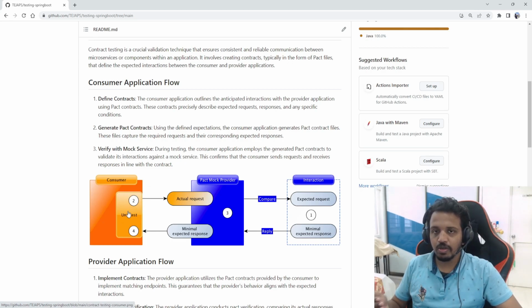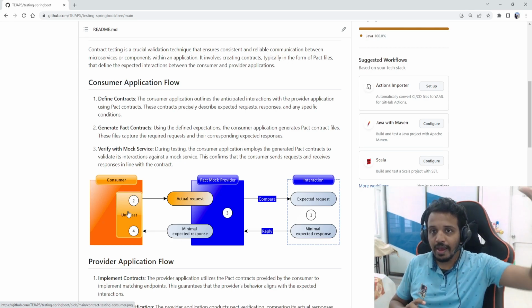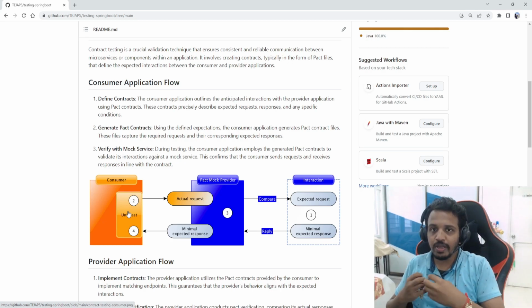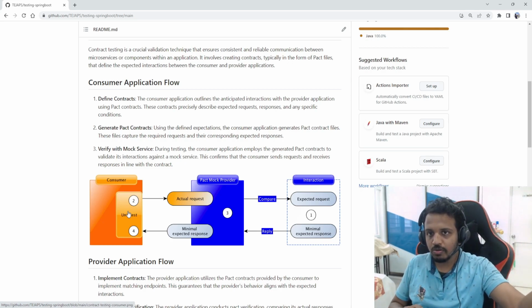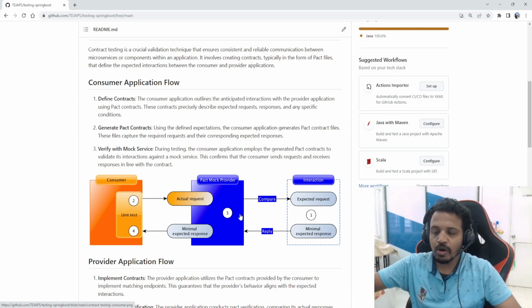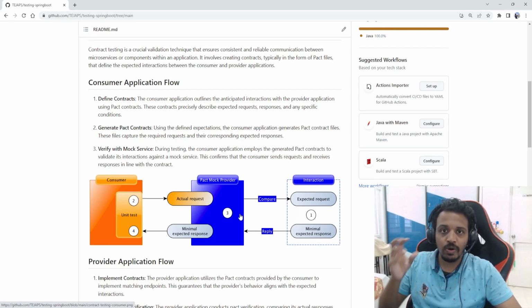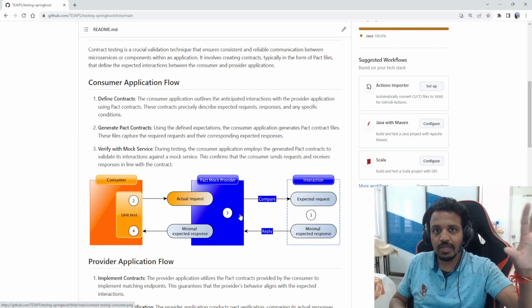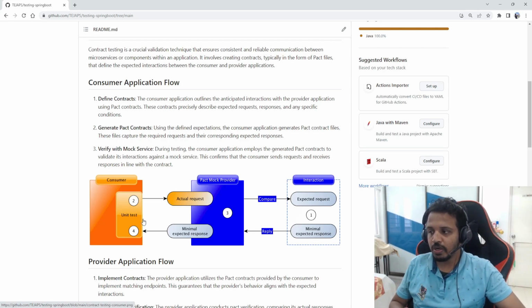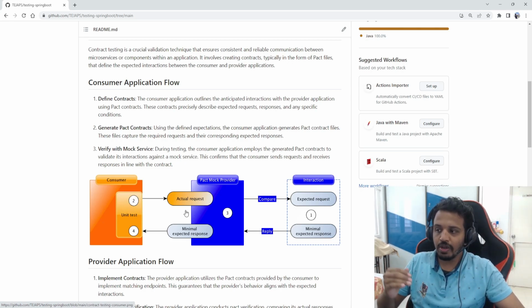Okay, the second step. In the unit test case, I'm going to make a call to the API, assuming that the call will go to the actual provider. That is, assuming that when I do the call, it is going to Google, to make the call to the Google Maps API. But here I am writing one more thing, a Pact mock provider. So here again the mock is coming. What is this mock? This mock is to replicate the actual Google, so that when I as a consumer, in the second step, try to call and pass the actual request to this mock provider, which is replicating Google,